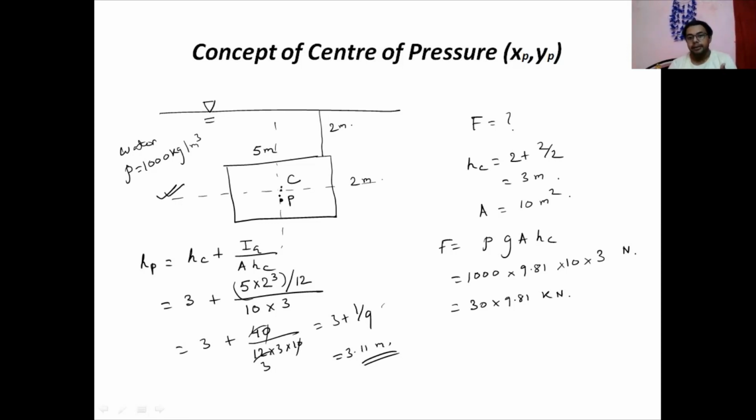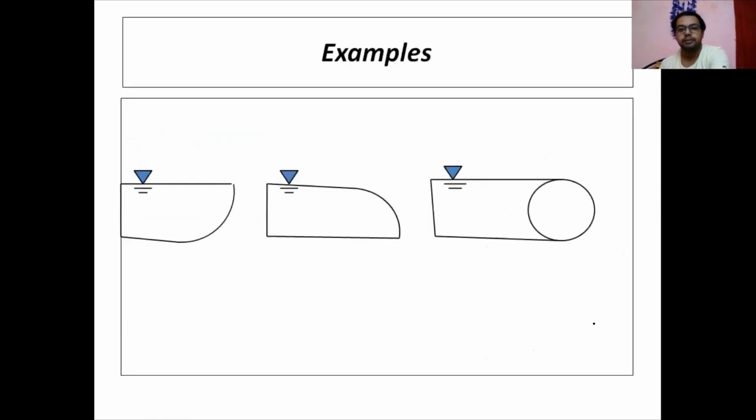But the concept I am giving is which axis you have to consider in such a situation. That is this axis. So any kind of problem given in this kind of thing, you have to search for the HC, the location of the HC. If you are able to find the HC, you can get the force. After getting the force, at what location the force is acting, that you have to get. So the previous problem, what we were considering